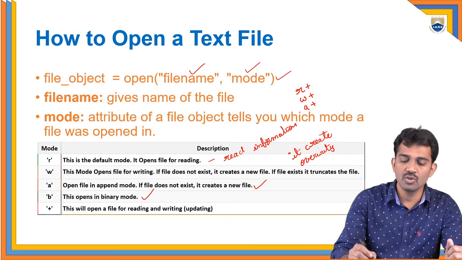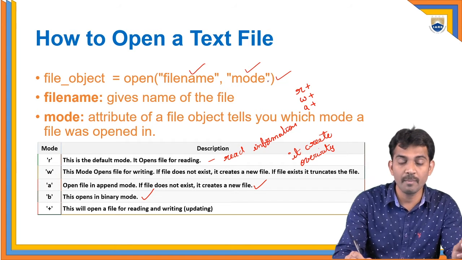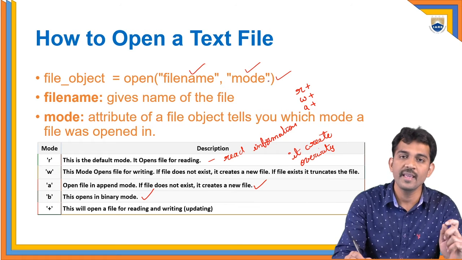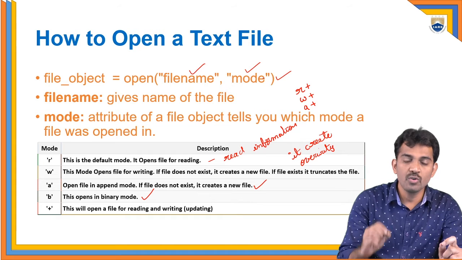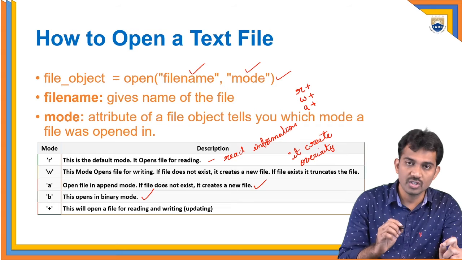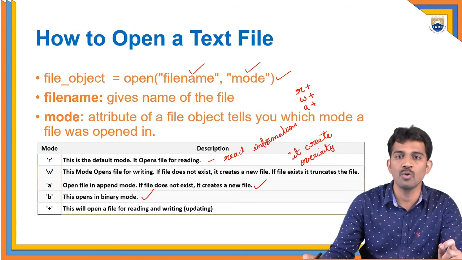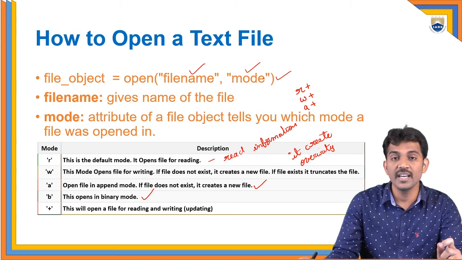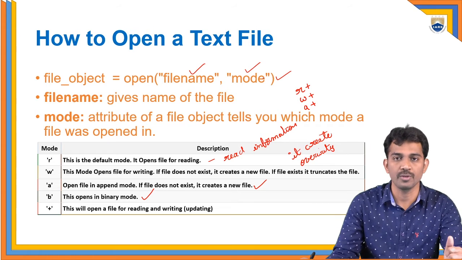Is this clear? So this is the file syntax. The open method contains two components: first one is the file name and second one is the mode. In that mode, we have various kinds of modes available in Python: writing mode, reading mode, appending mode, binary mode, as well as the plus mode. If you use a plus, then it is possible to perform both reading as well as writing. Both are possible, right? Is this clear?